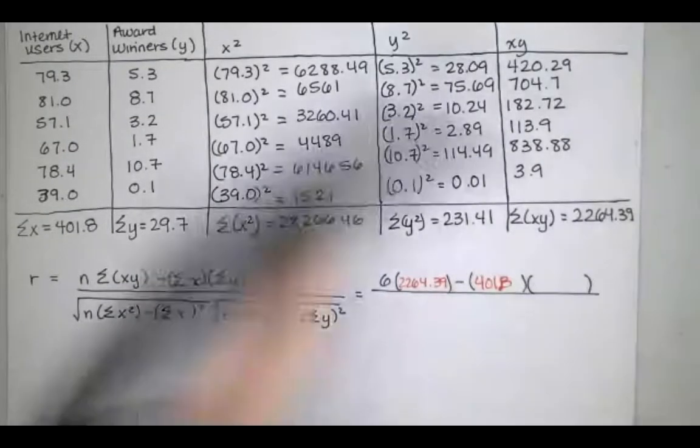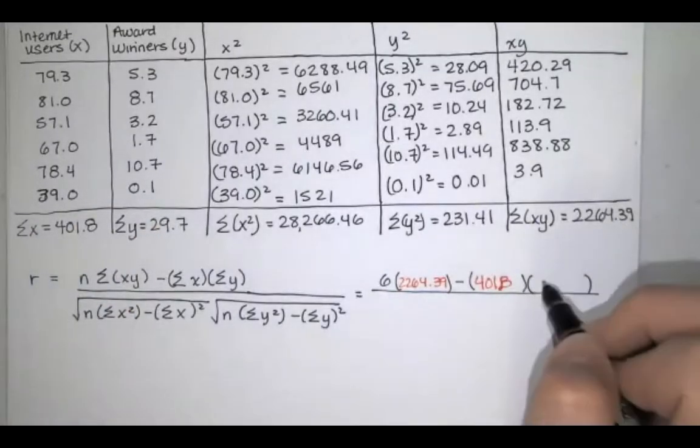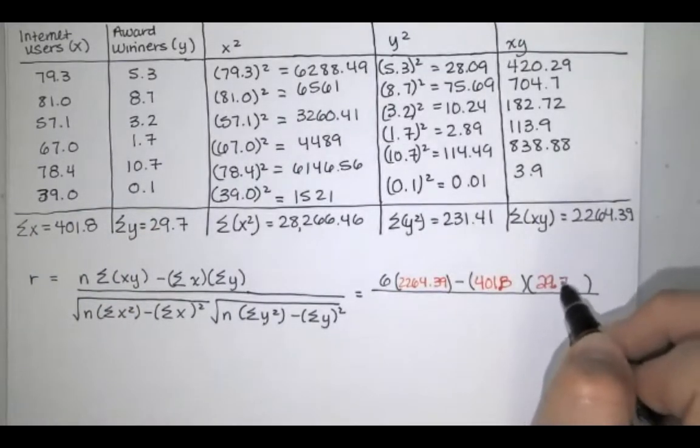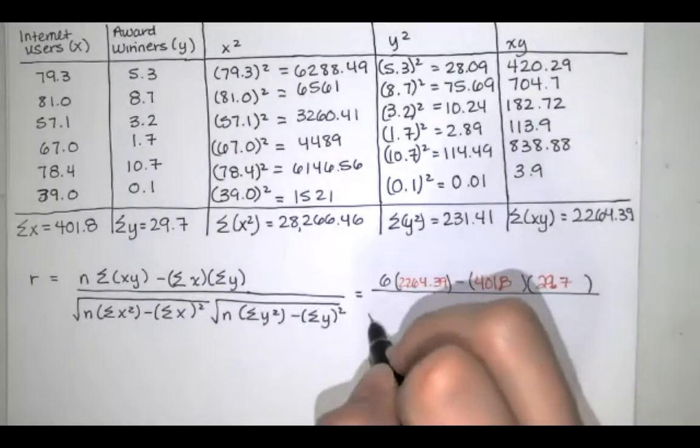times the sum of the Y's, which is that 29.7. And then in the denominator,